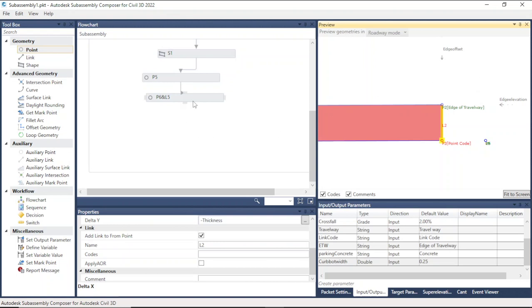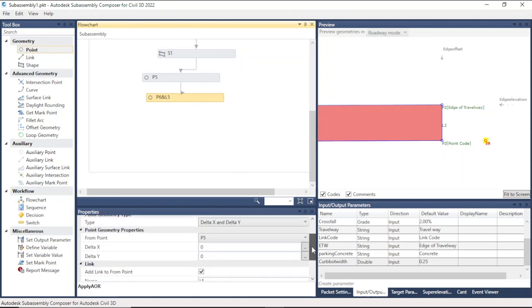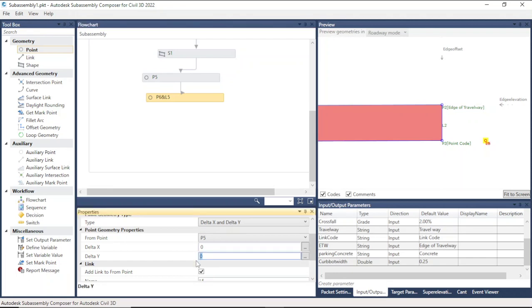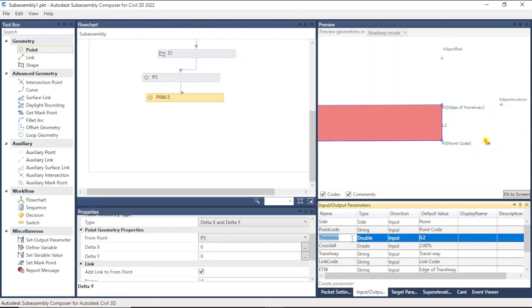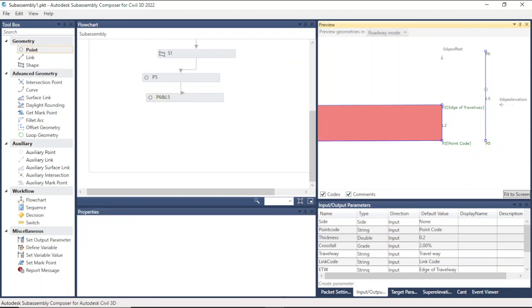So if we just pick this point, we can have the distance to be thickness. Let's see what we had here, thickness. So let's copy this one, then we add 0.3 like that,